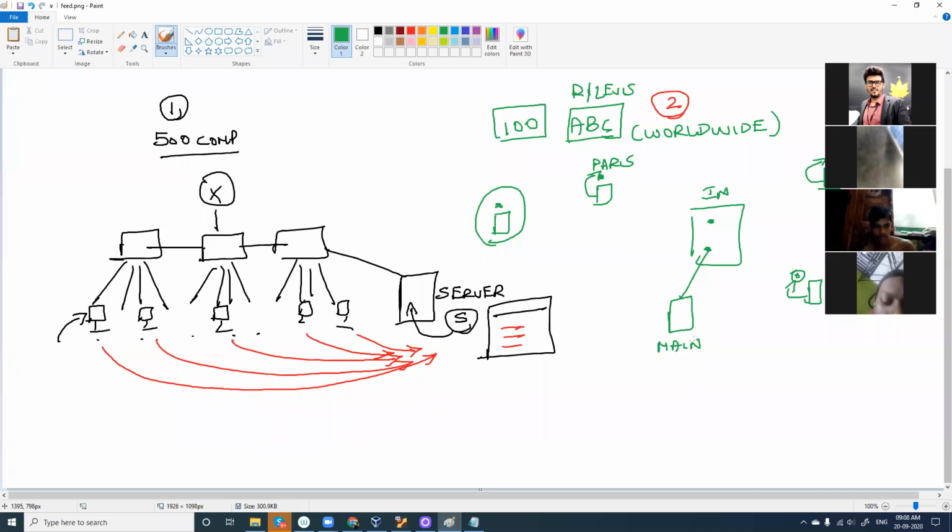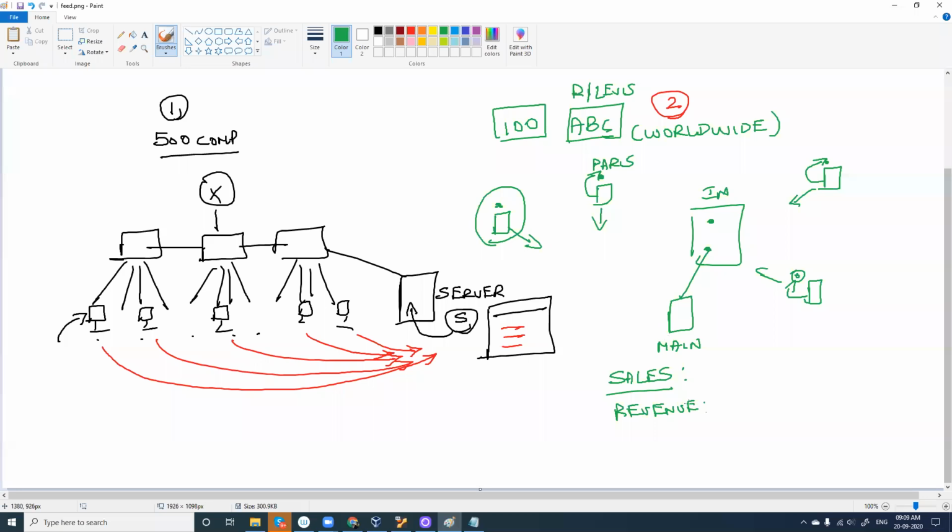So what can we do with this main server? In case I wanted to see, as the head team here, what is today's sales, how much sales has been made, and how much revenue we have made from all the branches. To do this, I should collect the information from all these branches, ask them to send today's sales report, and then I have to calculate and come up with a result like this.